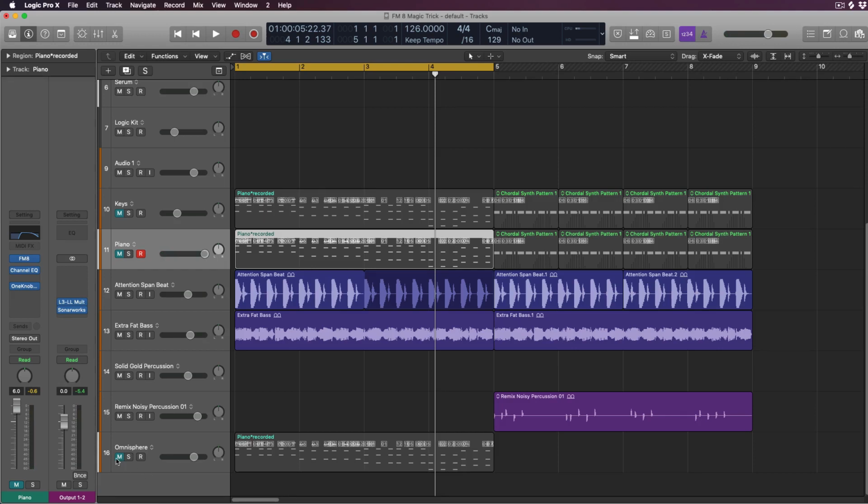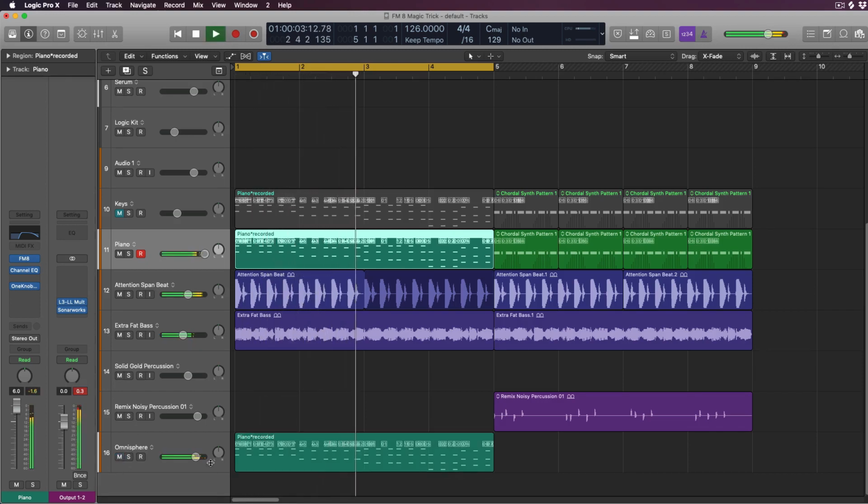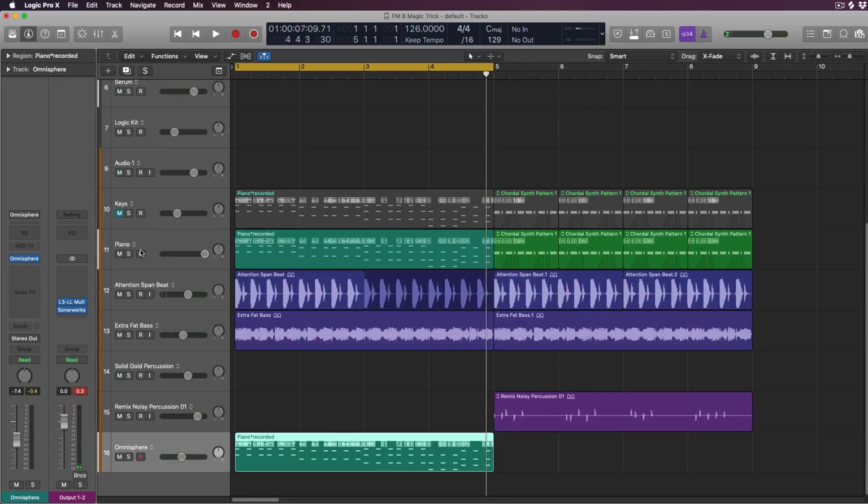So let's just put a groove and a bass and see how that piano sounded before. And let's enable the FM8 track and see how that sounds now. Super cool, right? So what I did is I laid down some chords first on a piano, and then I